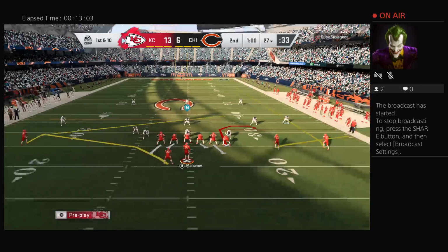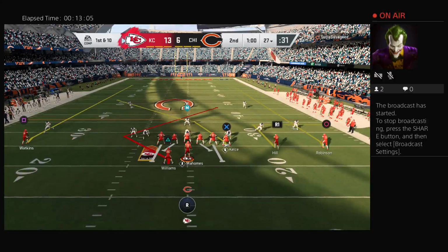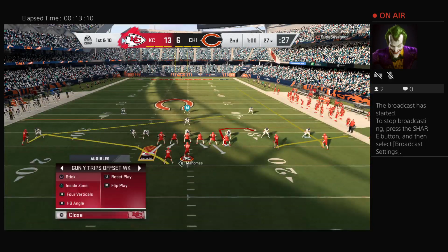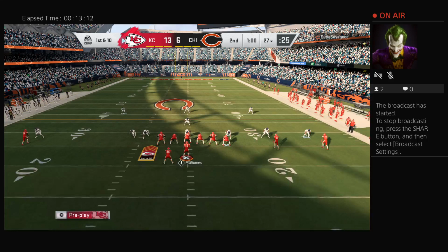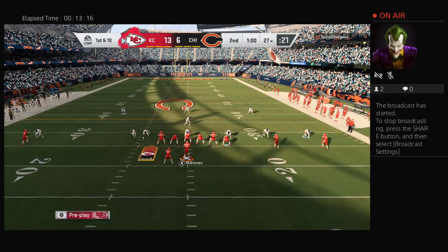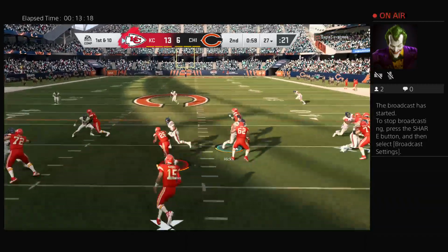And now here comes Kansas City. And last drive, obviously not what you're looking for. You've got the lead. You got to protect the football. So in other words, someone got lucky because they've been moving the ball really well and wearing them down. In this case, though, giving up the football doesn't make them very...